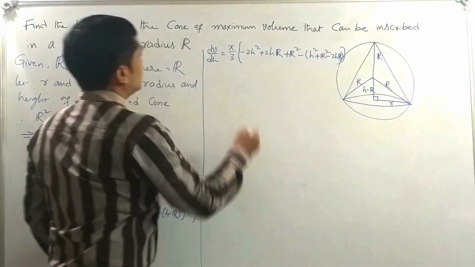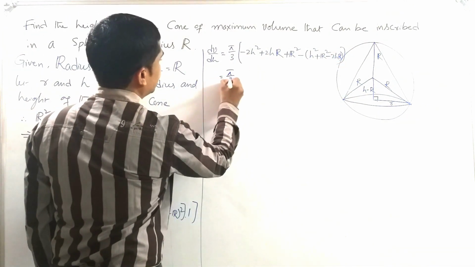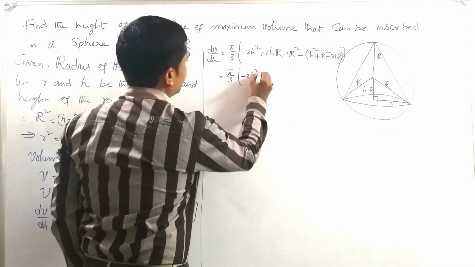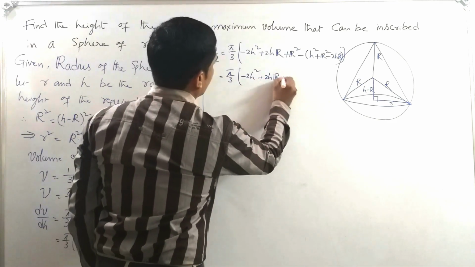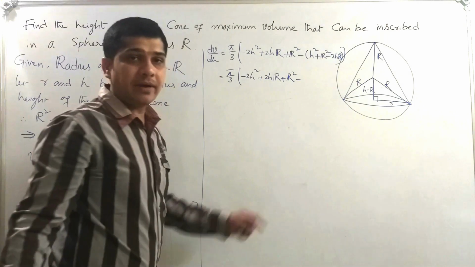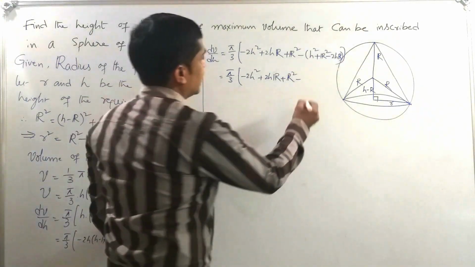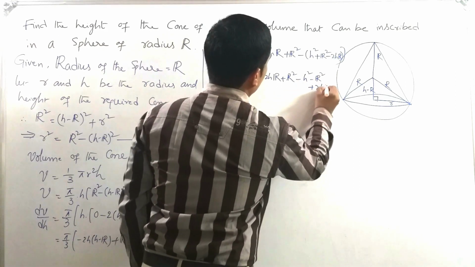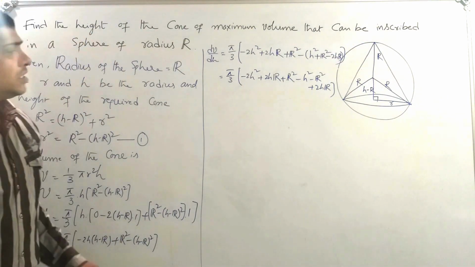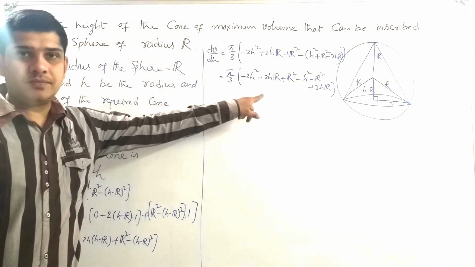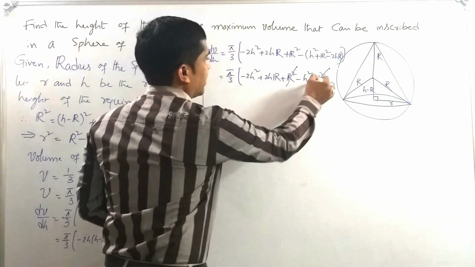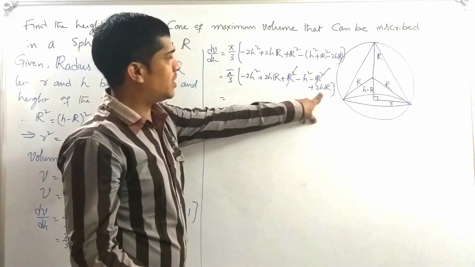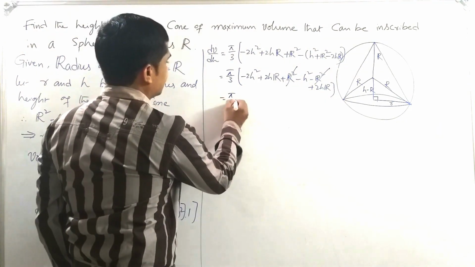So still I am simplifying this, so it is pi by 3 times minus 2hr square plus 2hr plus capital R square. See, with minus sign I am multiplying, then you will get minus h square minus r square plus 2hr. Now see, if there is any simplification, we can do that. That is plus capital R square minus capital R square gets cancelled. Later, it is 2hr plus 2hr, that is a total pi by 3 times